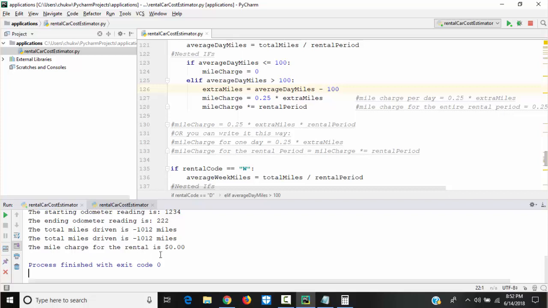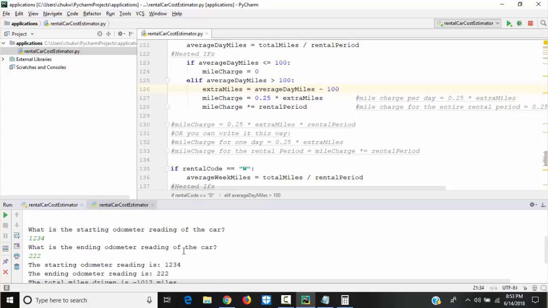You see, this program still ran, and the mileCharge is $0. The person will tell the customer, you don't have any money to pay. Don't you think the company will lose money? The company is going to lose money, because the program will run. It exited with code 0, which means there's no error. It will print the receipt that the person doesn't have any mileCharge. Can you imagine that? And it will be a fault of the programming.